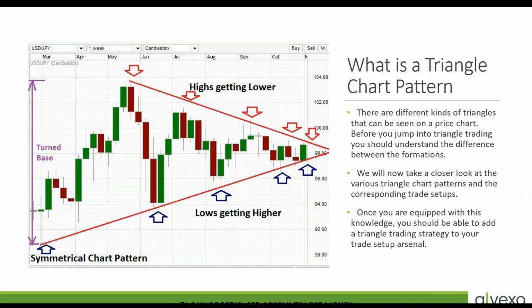Okay. Now, there are different kinds of triangles that can be seen on a price chart. But before you jump into triangle trading, you should understand the difference between the formations. So we're going to give you a little knowledge. We have the symmetrical triangle. The symmetrical triangle, both lines, the support and resistance lines, or the top line and bottom line, are,